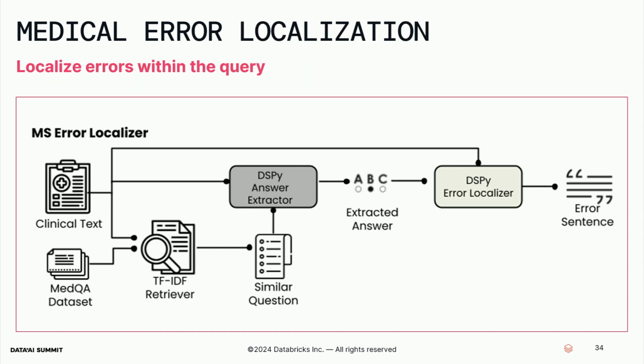Okay, so error detection, now localization. Let's find this error. Once you detect that there's an error, the inputs are extracted answer choices and the pre-processed query text. It employs a large language model to precisely identify which line in the query contains the suspected error. And the output here is a specific line number to identify where the error is. So this targeted approach allows us to efficiently pinpoint and detect errors.